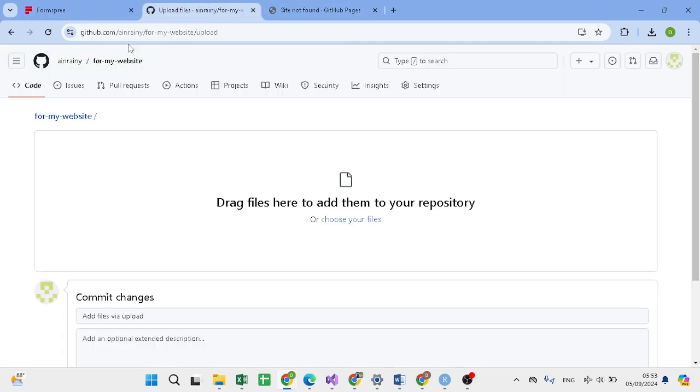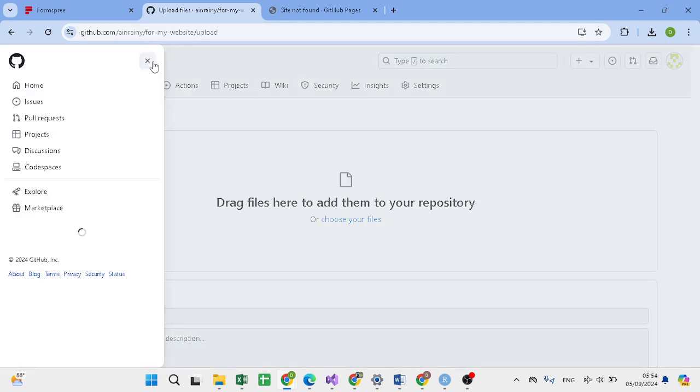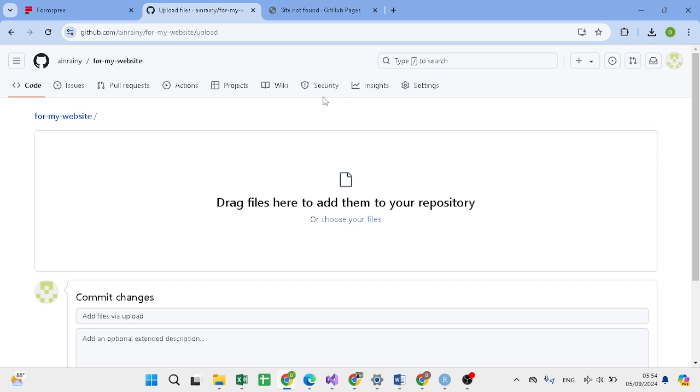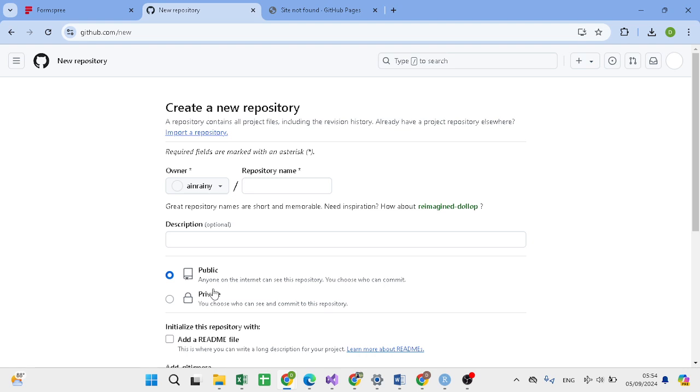This is a must. You need to create a GitHub account first, and since I've already made mine, I just need to create a new repository here. In your repository, all your work, which is the website that you want to create, you just need to put it here. So you create this repository name,